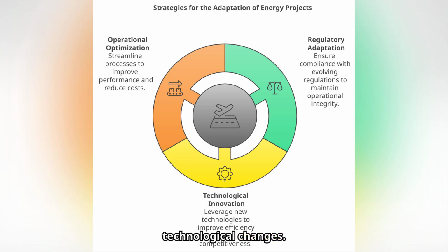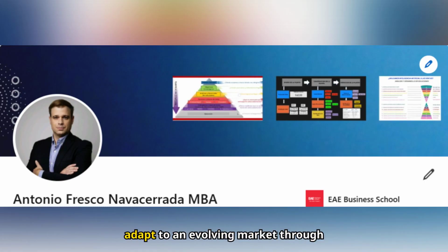technological changes. Today we have explored how to adapt to an evolving market through technological advances, regulatory strategies, and ongoing